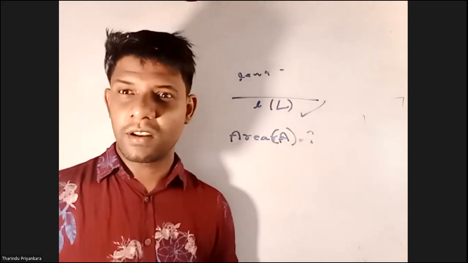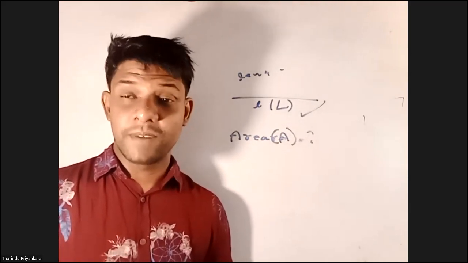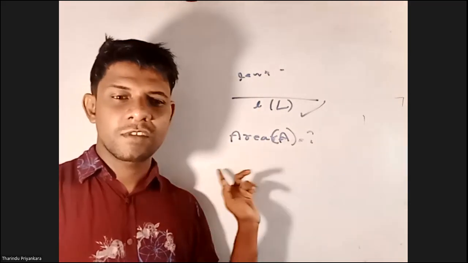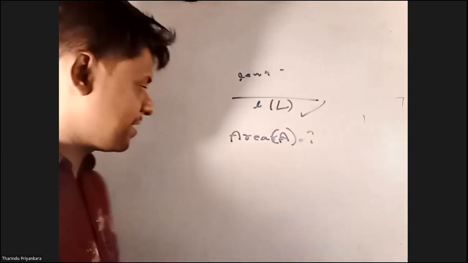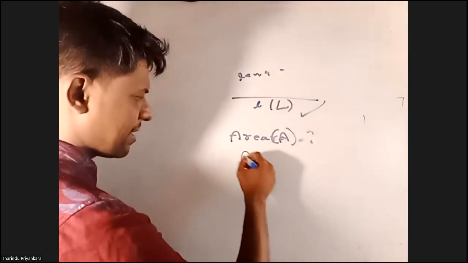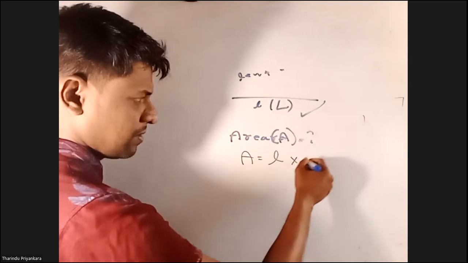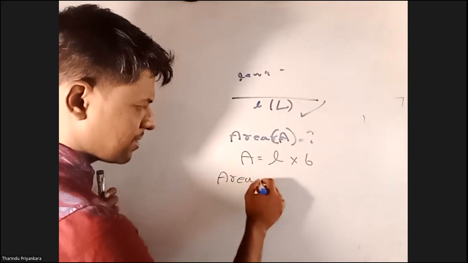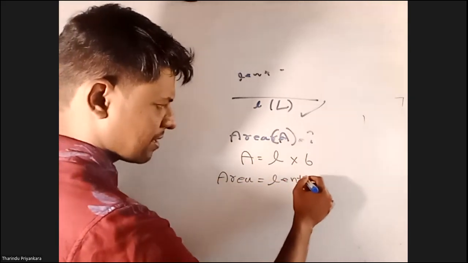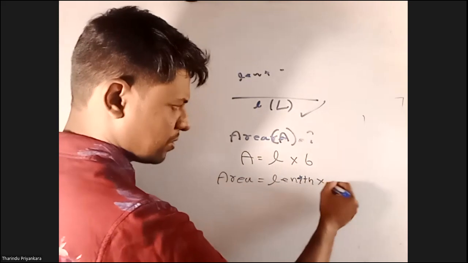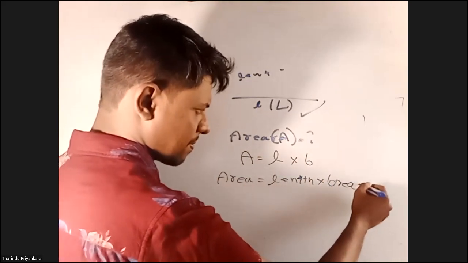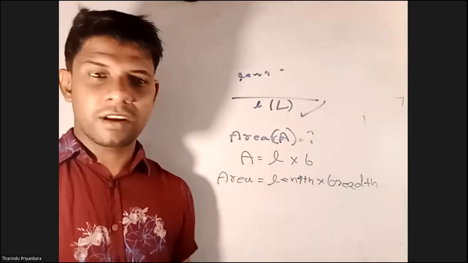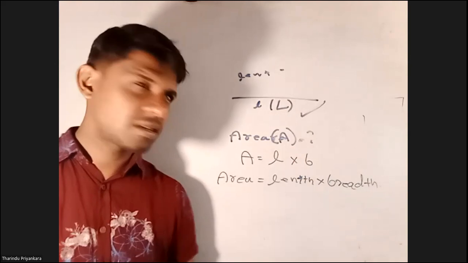Now put this in a new line. Firstly, how to write the physical equation. What is the equation? Area equals length into width. So in words, area equals length into breadth. Length into breadth. That's great. So now the next step is